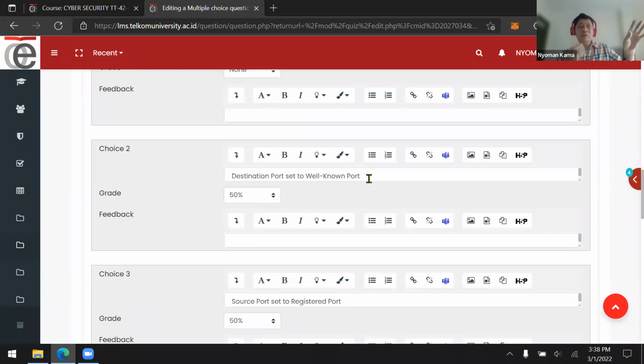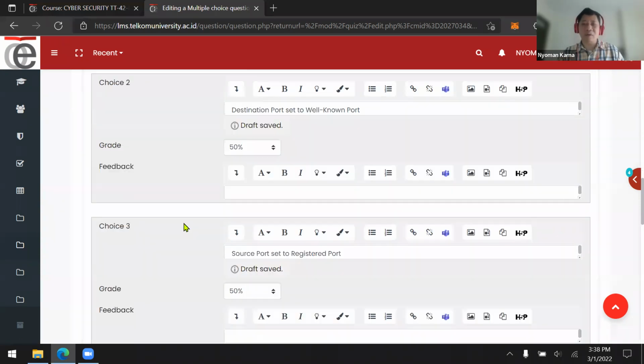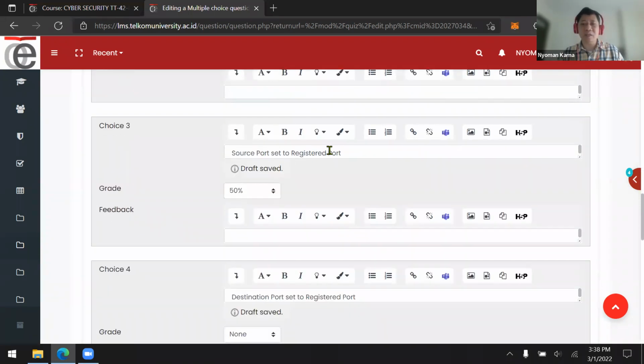So we want to send a packet to a server, and the destination port is 80, which is a well-known port. However, the source port is assigned randomly on the client side, and it's called a registered port. So the source port is set to a registered port.